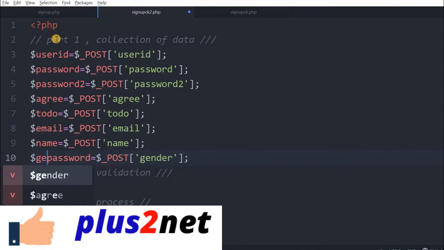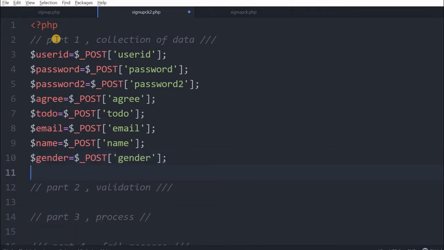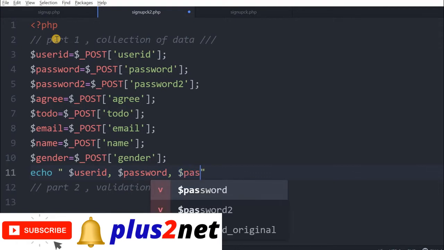Now here, before we finish part 1, let's see what you have collected and what the user has entered. Is this exactly what you expect, or is there any mistake in the variables? What you can do is print the data here. So we'll say user ID. Then one of the passwords; we can see this output also. This line you can comment out subsequently.